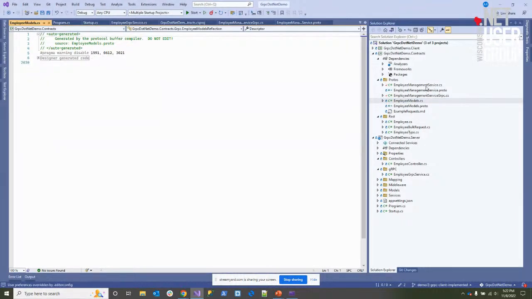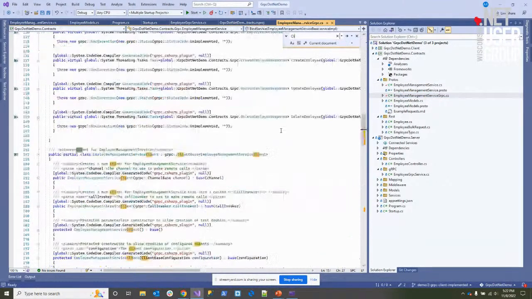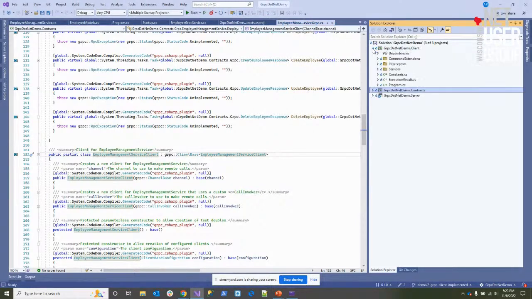So there's the employee models file, which is just the models. And then there's the client code and the server code over here. So if you search for the client, we now have the employee management service client. And then in our client side,